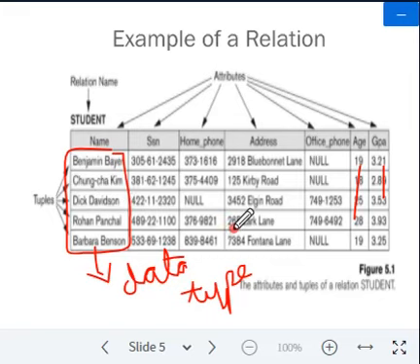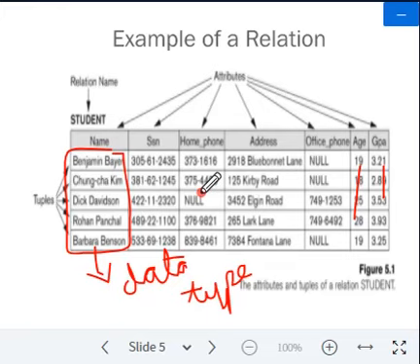Okay, please remember a domain can have a format. Say for example, phone number. The phone number has some format. If I take a landline phone number, it will have an area code followed by a number. If I take a mobile cell phone number, that time we have a 10 digit number. 10 digits is one format. Then we will have a plus 91 followed by 10 digits. So there is a format.